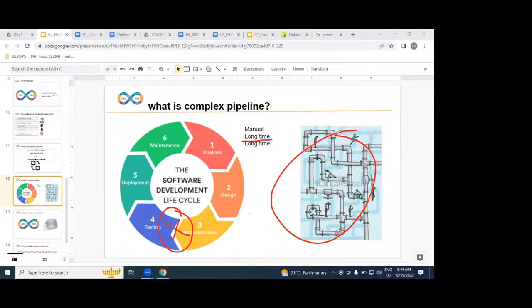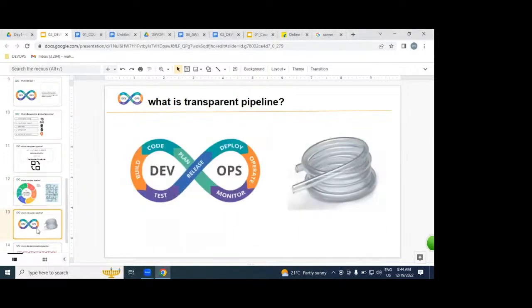That is the reason we replace it with an automated, transparent pipeline using DevOps. The same water pipeline looks like this, with the same usage, but it is transparent and automatic.